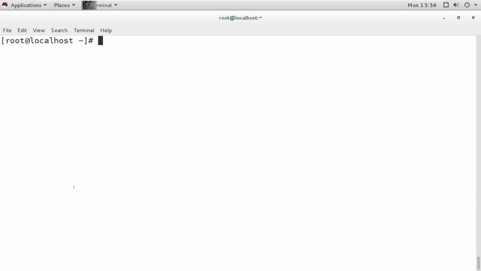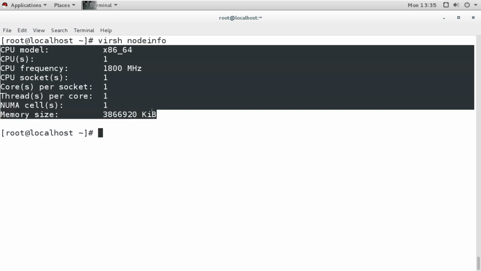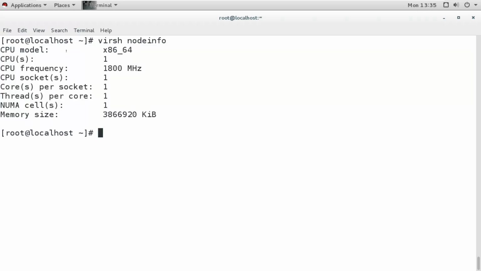Like I want to see the node info. Now node info means the node, that means the real host. It is showing the information about my real host. What is the model, how many CPUs I have, sockets, cores, threads, memory size.